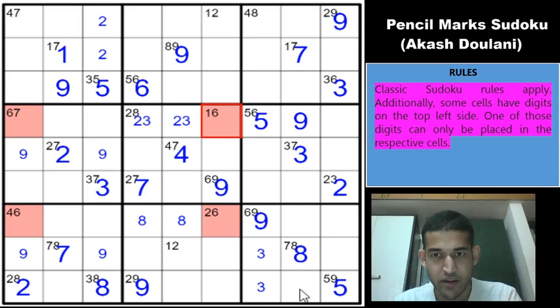Okay, there is a 7 in column 8, 7 in row 8, which means that 7 in box 9 must go into one of these two cells. Can we reduce any of the given pencil marks further? So this is 1 or 2, right? I don't think the surrounding digits are helping us here. This is 2, 6, this is 4, 6, this is 6 or 7, this is 4, 7, this is 4 or 8, nothing much really.